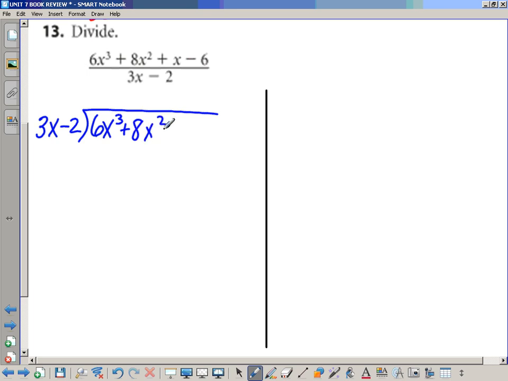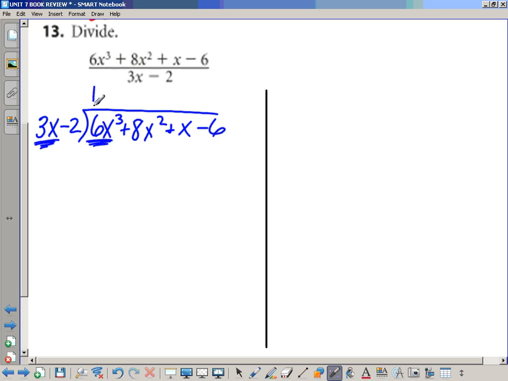Word of caution. If that little plus x wasn't there, I would put plus 0x and hold a spot for it. All right? But it's there, so put it in. But if something is missing, whether it's long division or synthetic division, hold its place with a 0 so you don't forget about it. So when you're doing long division, you look at the front term and the front term